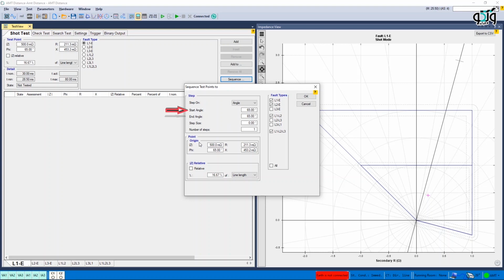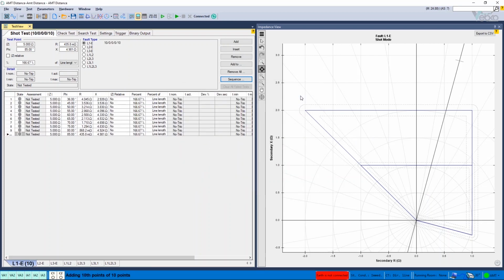For example, if the start and end angles equal 45 and 90 degrees with 5 degrees as their steps, and the origin points are entered for Z and phi or R and X, after selecting 5 ohms as impedance and 36 degrees as the origin,